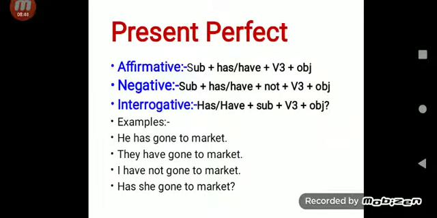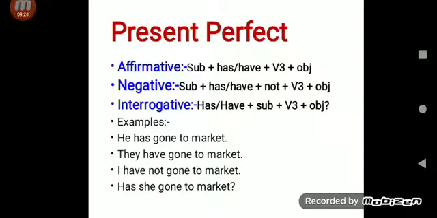Okay, let's see some examples. He has gone to market. Here, he is a subject, has is an auxiliary verb, gone is the verb's third form, and to market is the object. Then, they have gone to market. Here, they is a subject, have is an auxiliary verb, gone is the verb's third form, and then to market is